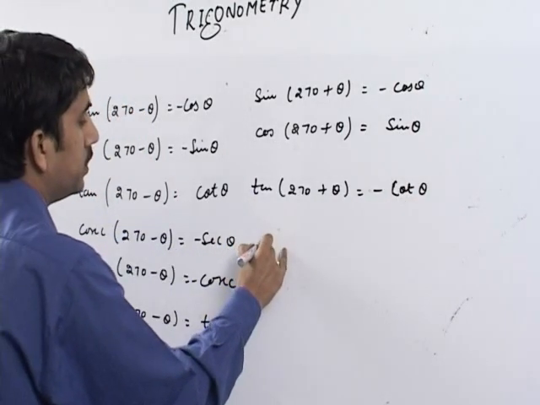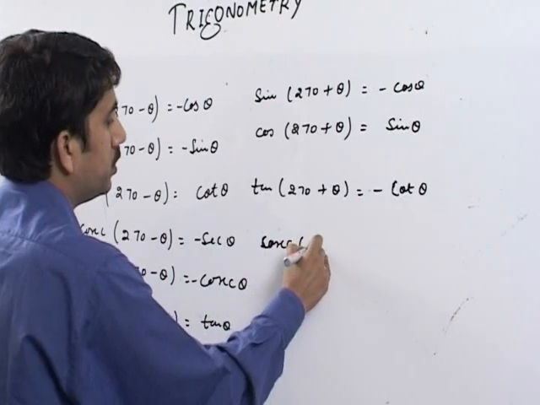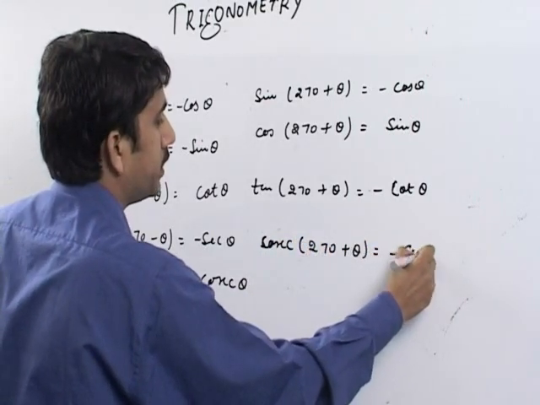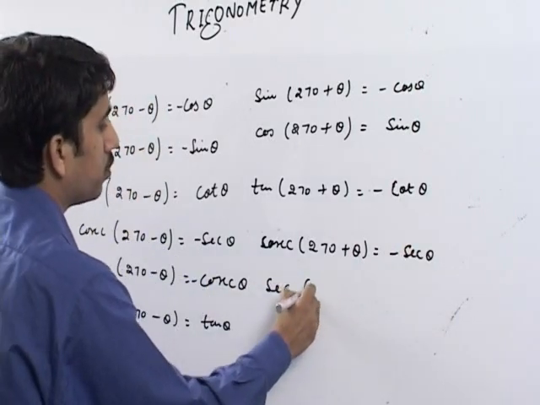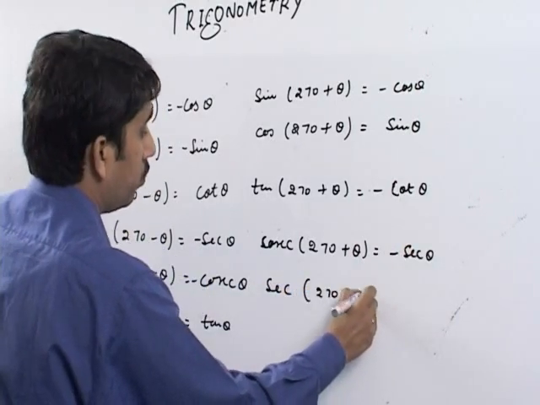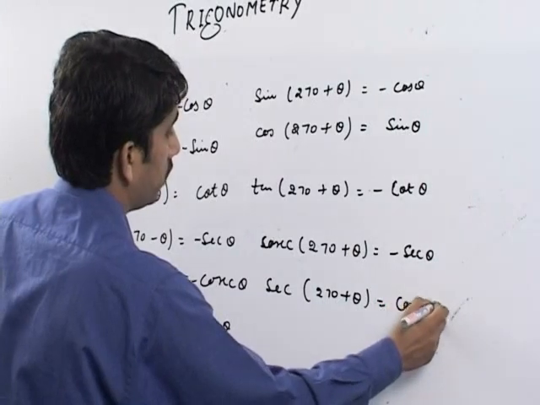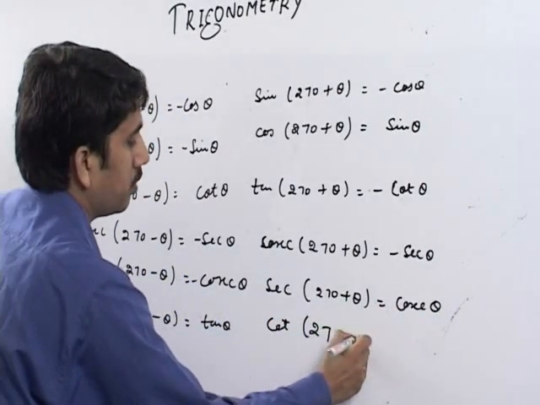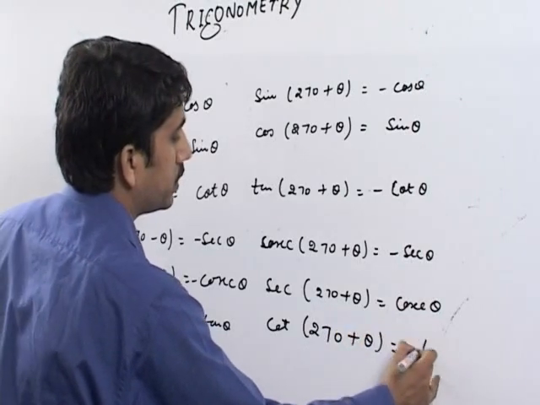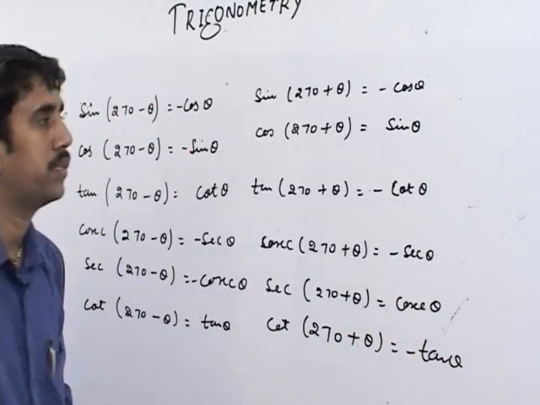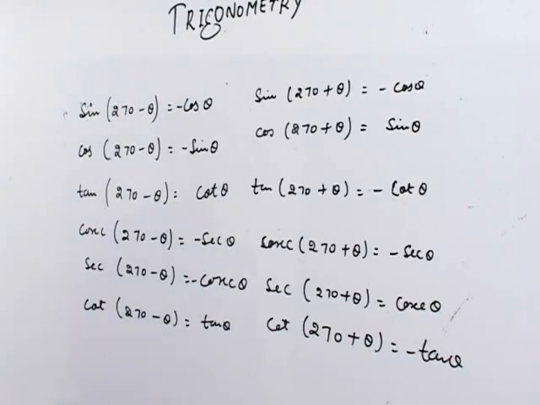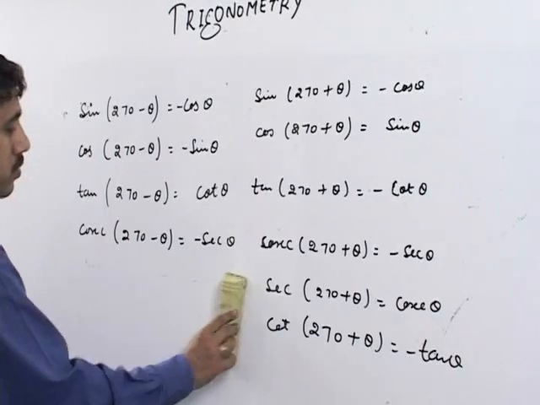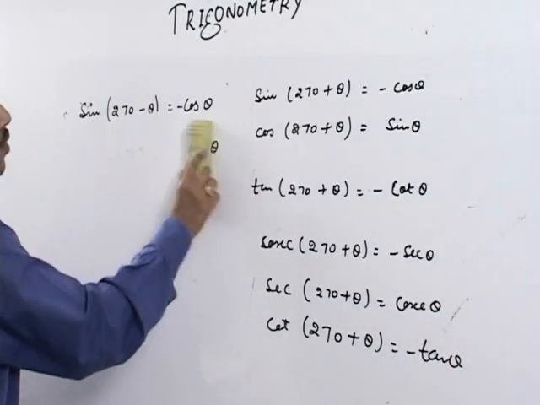and then cosecant of 270 plus theta is equal to minus secant theta. Secant of 270 plus theta will become cosecant theta only, and then cot of 270 plus theta is equal to minus tan theta. Now for the fourth quadrant also you can write